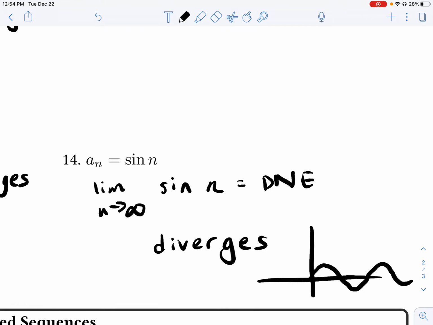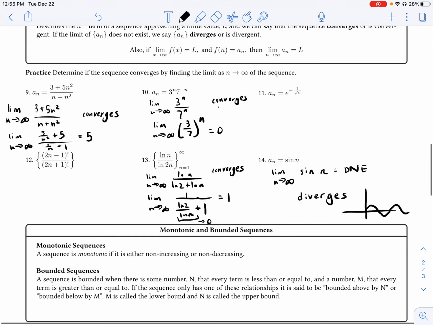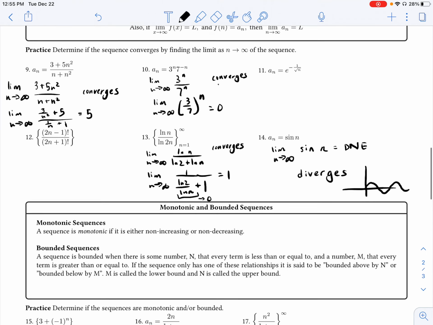We don't get one output that appears over and over again as n approaches infinity. It's going to cycle and oscillate back and forth between -1 and 1. So this sequence, we would say, diverges. All right, try number 11 and 12 on your own if you haven't already done so, and check your solutions